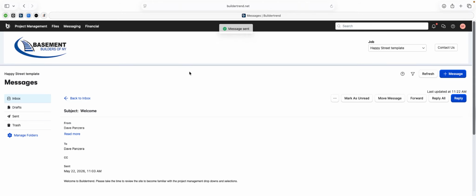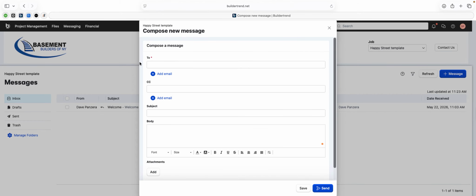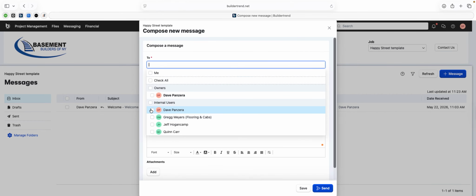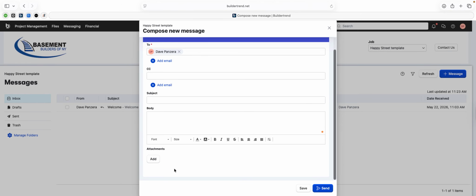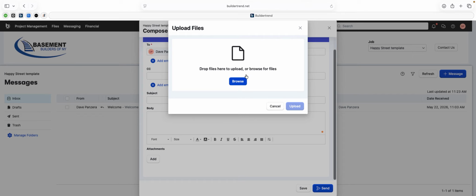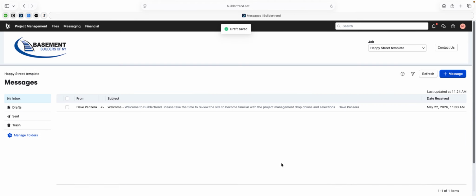So relying on the messages constantly, and these will build up over time, and then we can always have a reference point of what was sent. You can send an attachment to, subject, body, and then down here add an attachment of whatever you'd like, as far as a picture, document, what have you. Okay,